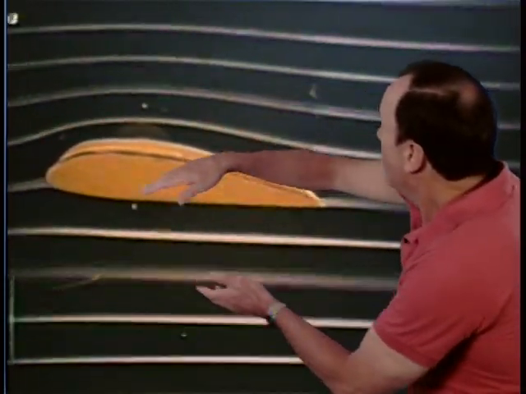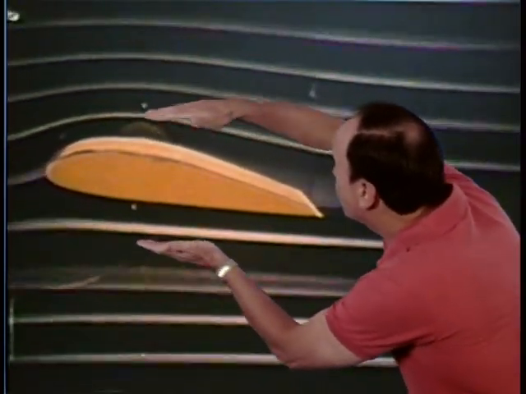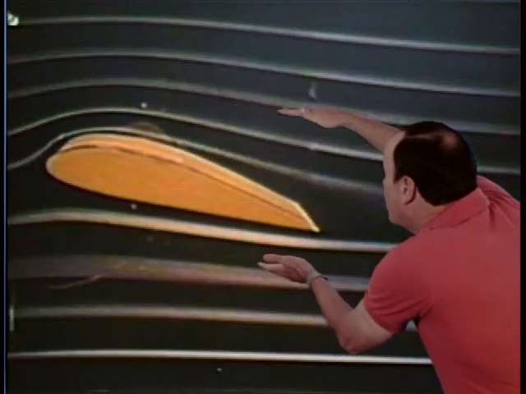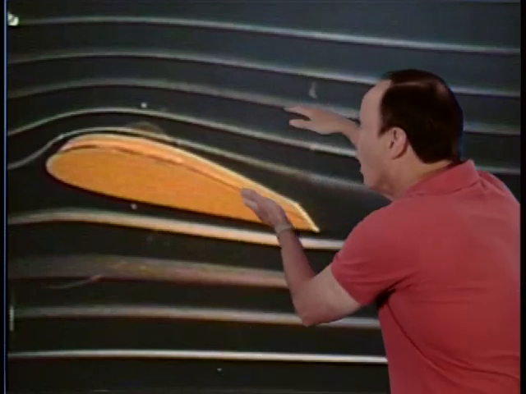This is a wind tunnel with smoke flowing over an airfoil shape. And the thing I want you to notice is that the air at the top of the wing is actually being deflected downward, and the air at the bottom of the wing is being deflected downward. And this downward deflection of the air, you might hear some people call that a downwash. So there's a downwash. And if you go back to your science studies, dig out Newton's third law of motion,